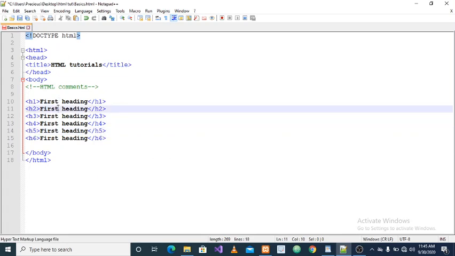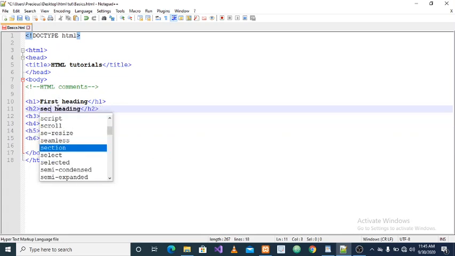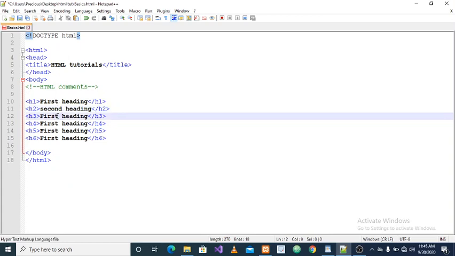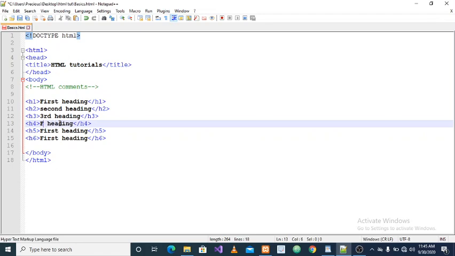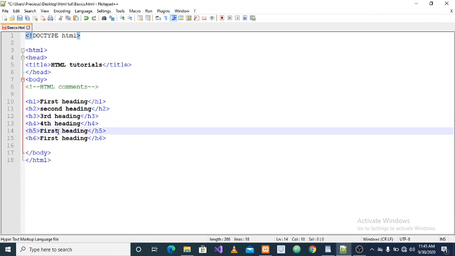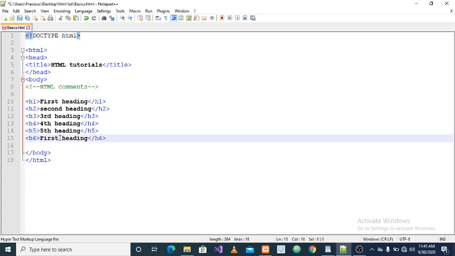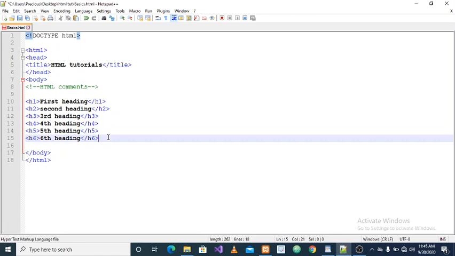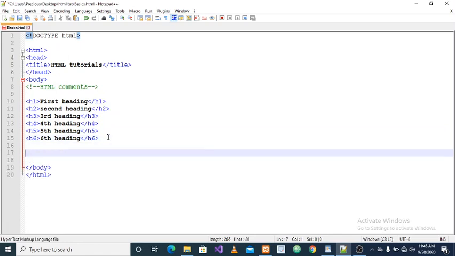Then here I can write second heading. Third. Fourth heading. Fifth heading. Okay, before I output the results on the browser, let me create